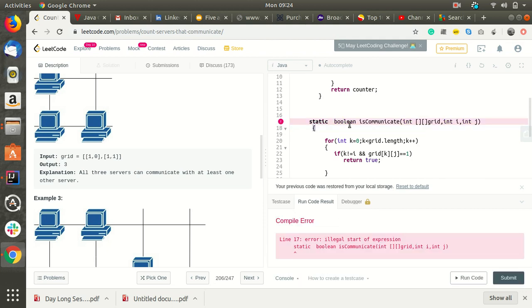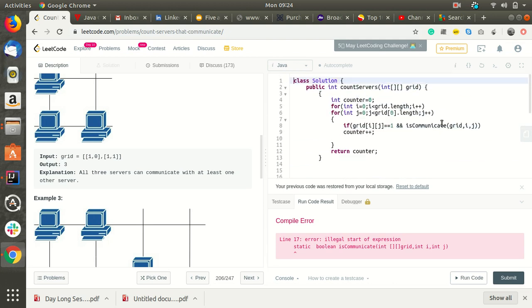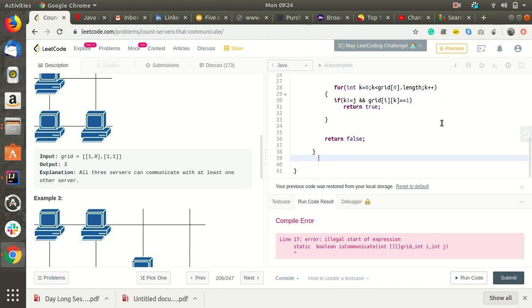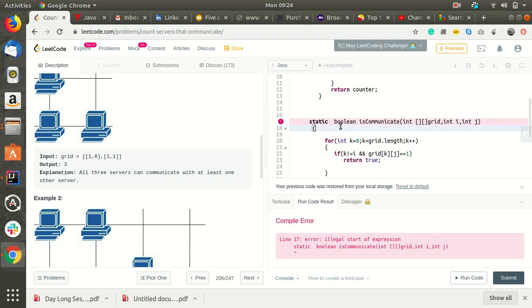It looks correct to me, we are returning boolean true or false.